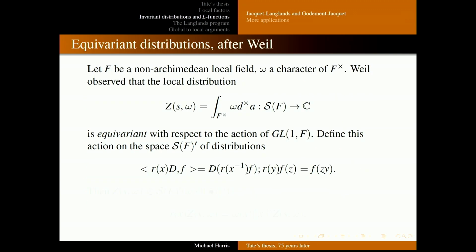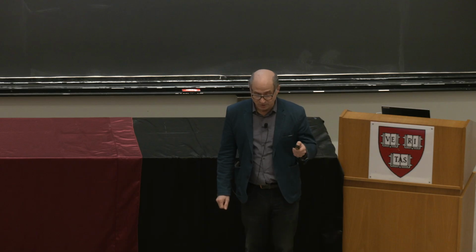Okay, I want to mention another idea that was relevant at the time. Weil reinterpreted the local theory of Tate's thesis in terms of distributions. Think of this distribution, again a distribution on Schwartz spaces. I didn't put the phi into the integral. And he observes that it's equivariant with respect to the action of GL1, in the sense that if you define an action of GL1 on distributions